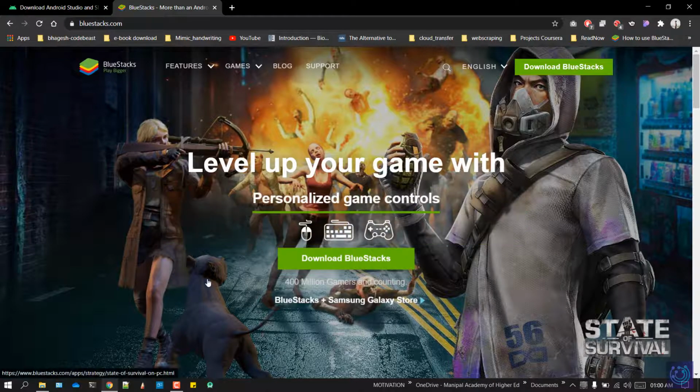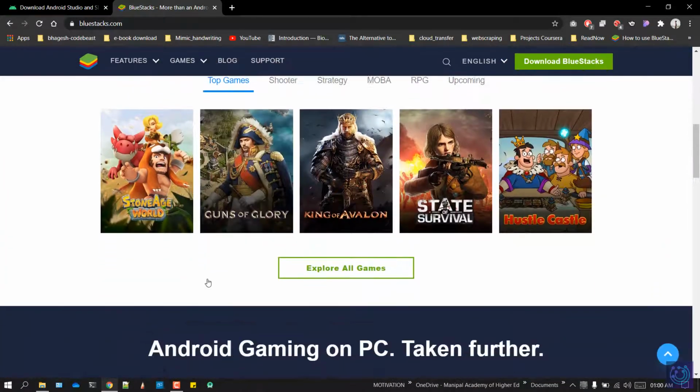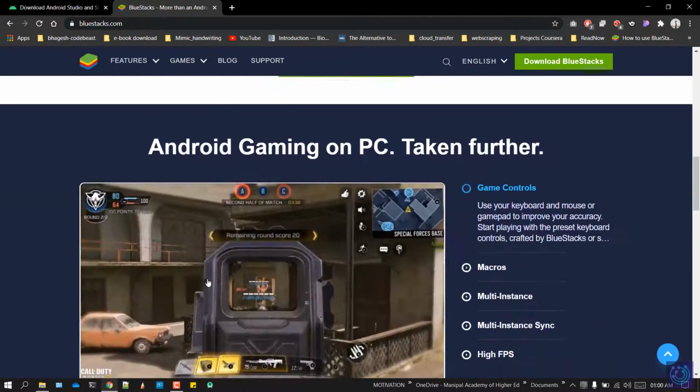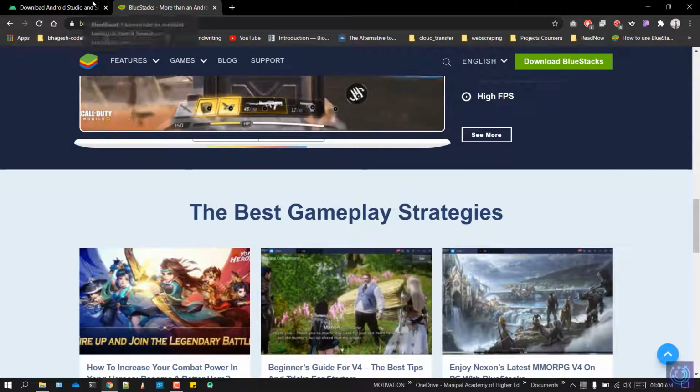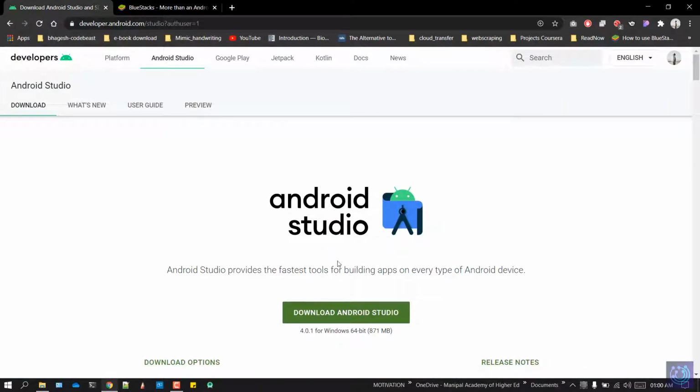In this video, we'll understand how to set up a virtual Android device using the services which are out there. Usually if you want to emulate an Android device, there are two options. First being BlueStacks. It's a very famous tool to emulate an Android device, but mainly used for gaming. And what I'll be talking about is Android Studio. This again is a very famous tool to build applications for Android.